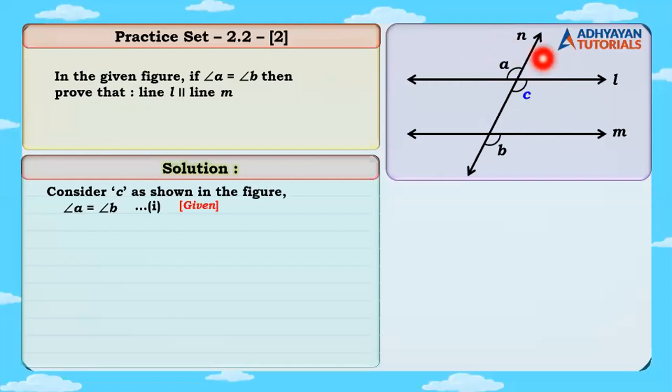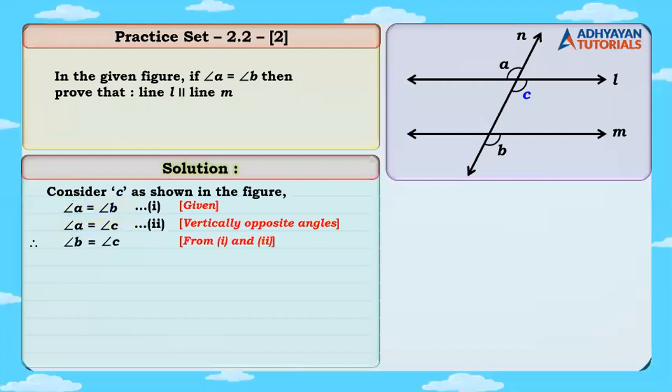Now why is angle A congruent to angle C? Angle A is congruent to angle C because they form vertically opposite angles. So children, look at equation 1 and then look at equation 2. It says A is congruent to B, then A is also congruent to C. That means A is congruent to B, and also congruent to C. Therefore, can we state that B and C, the ones on the right hand side, would be congruent?